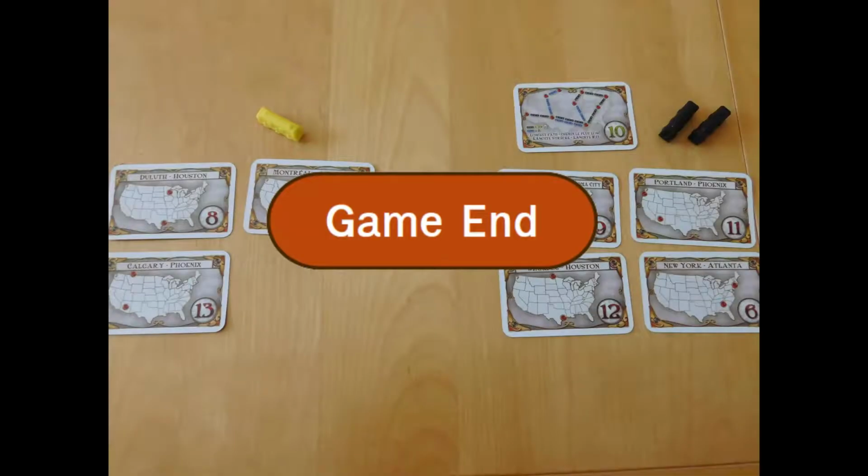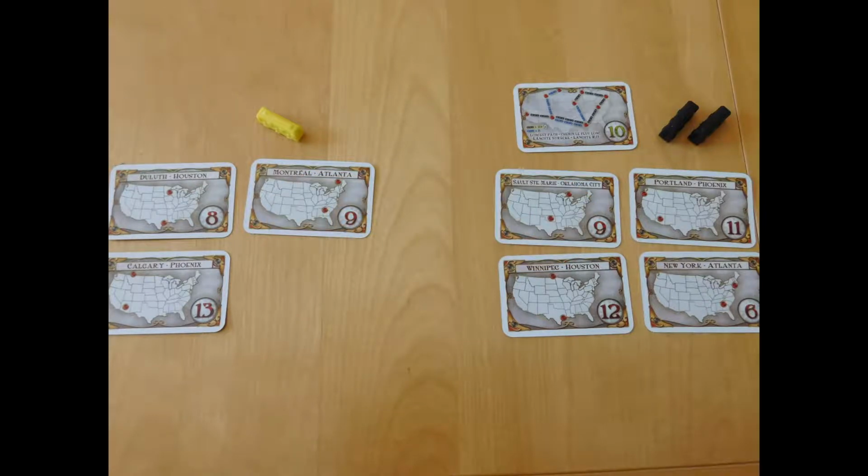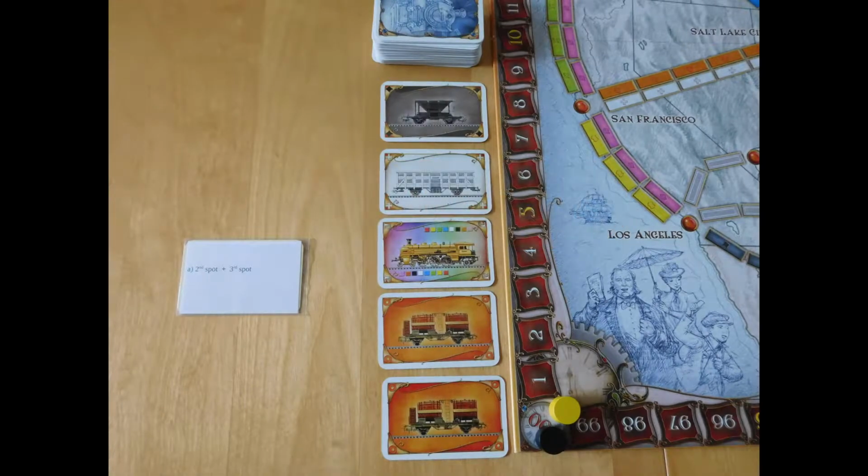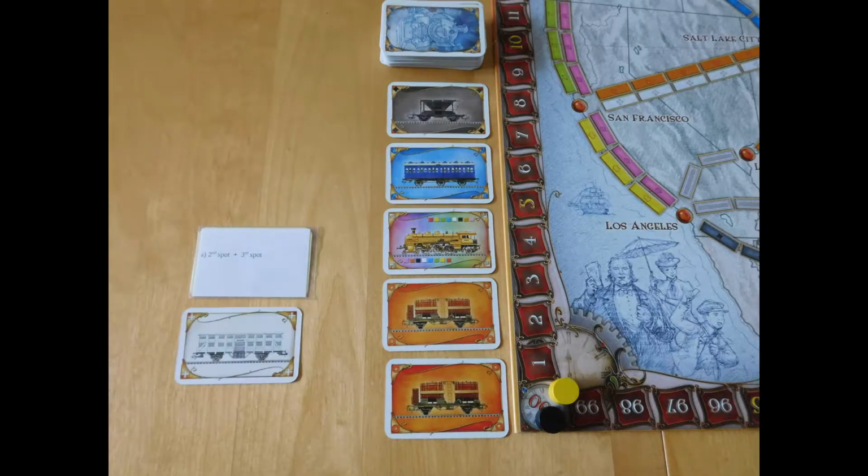When the game end is triggered, Marvin automatically claims a new route in his final action. Marvin's incomplete destination tickets are neither subtracted nor added to his final score. After the final turn is taken, determine who completed the most destination tickets for the bonus tile, and score the points of both players. If Marvin's action card mentions first, second, third, fourth, or fifth spots, then take the train